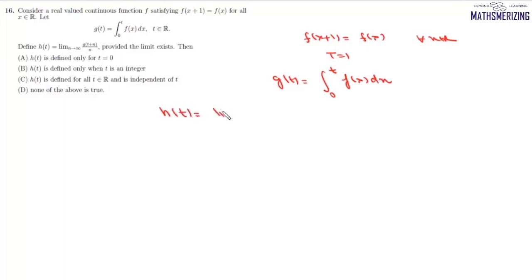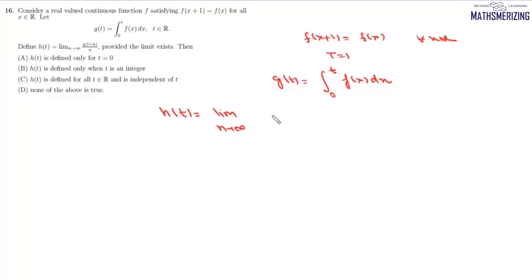Now question number 16 is, consider a real valued function f satisfying f(x plus 1) equals f(x) for all x belongs to R. That means this function is periodic with period 1. We are given that g(t) is this integral from 0 to t f(x) dx, and we have defined this function h(t) as this limit